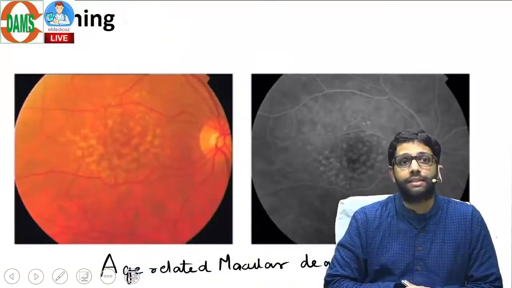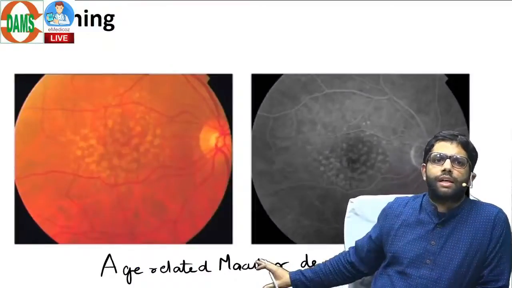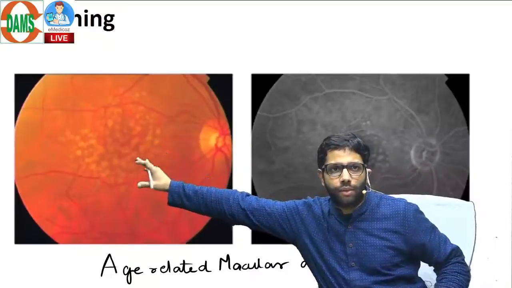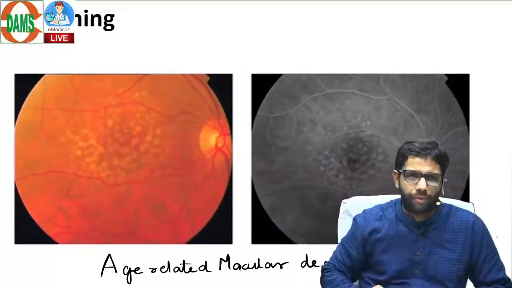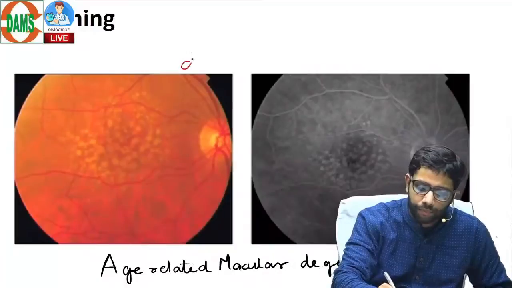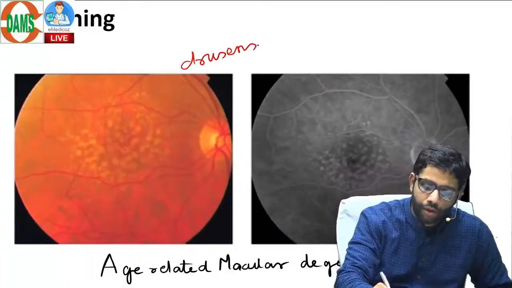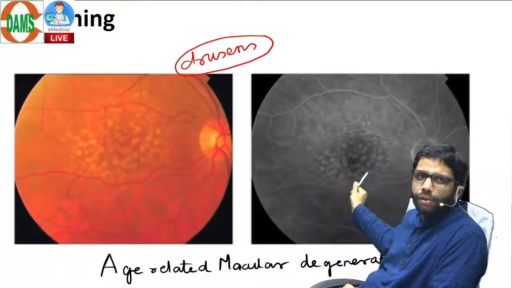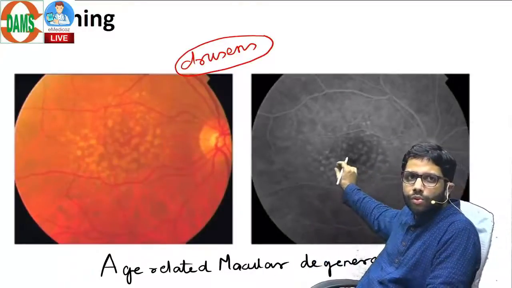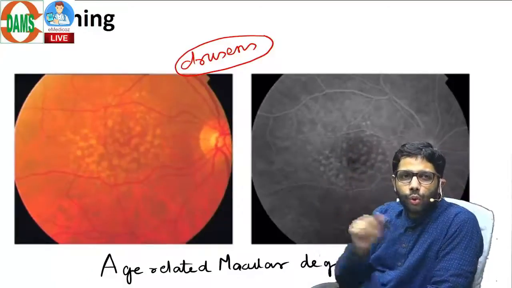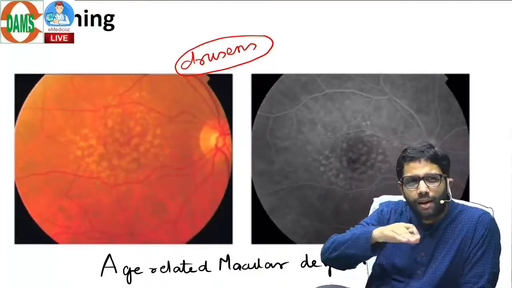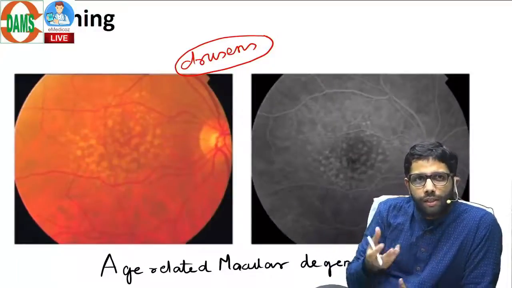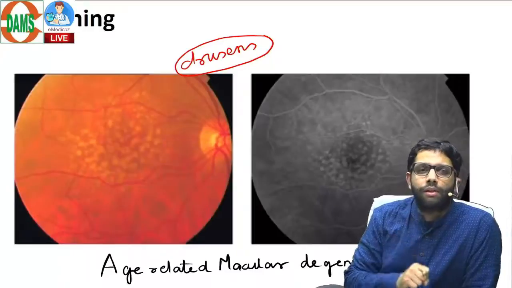Staining. Third is staining. Now there is a condition known as age-related macular degeneration. Because of age, in the central retina here you can see some depositions. The depositions are known as drusen, which have a capability of late staining on angiography. Not so important, but still you can see there is also hyperfluorescence because the drusen, which are present in the last layers and the subretinal layers of the retina, have a capacity of absorbing the fluorescein.